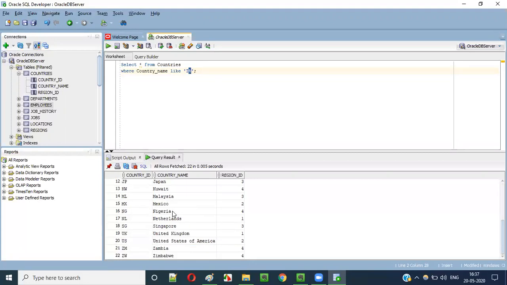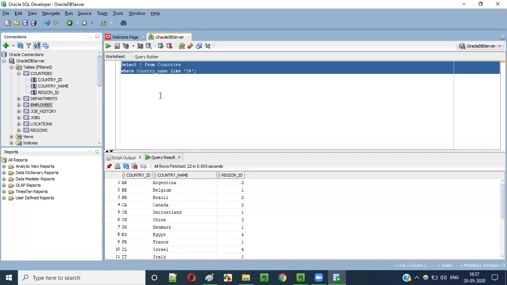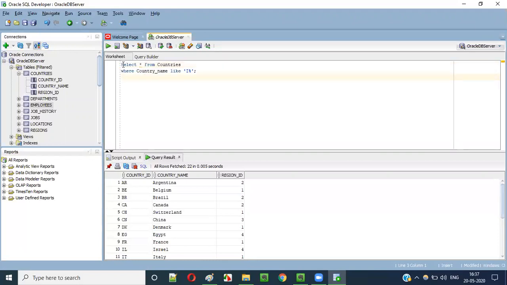So for the remaining countries, here we are simply writing a SQL statement saying retrieve all the countries which are starting with the letter I. Simple. Indirectly I am writing a statement to retrieve the list of countries starting with the letter I. For that you have to use this kind of wildcard. Percent means after I any number of letters can be there.